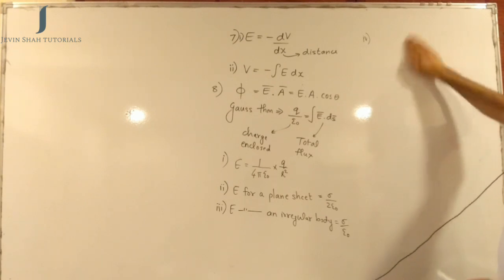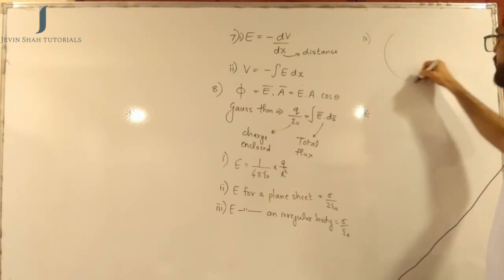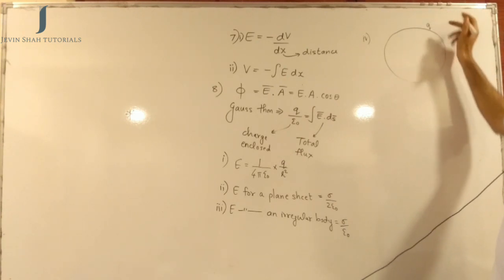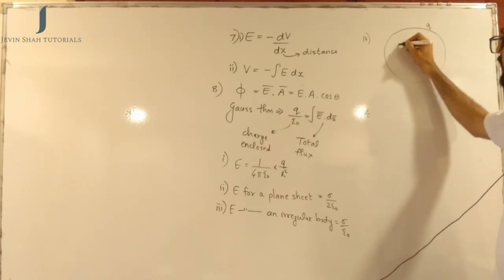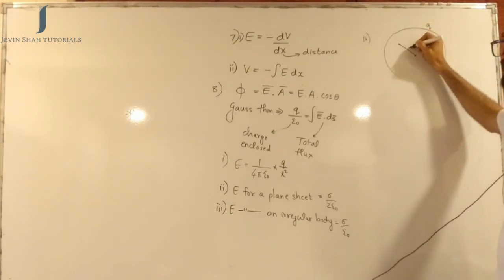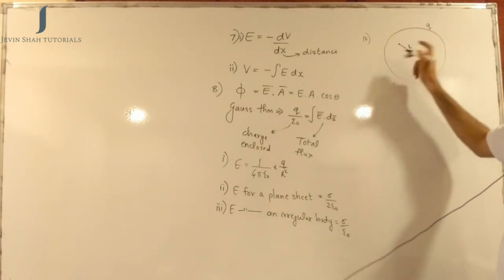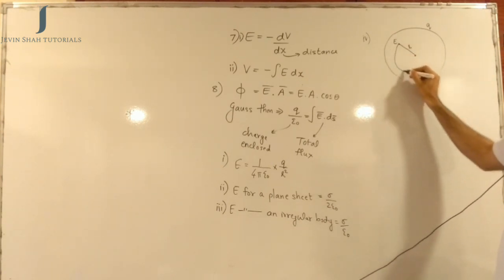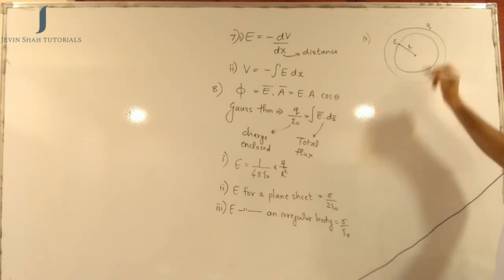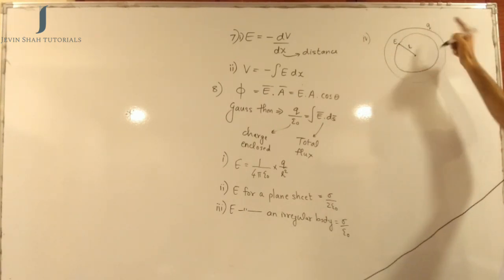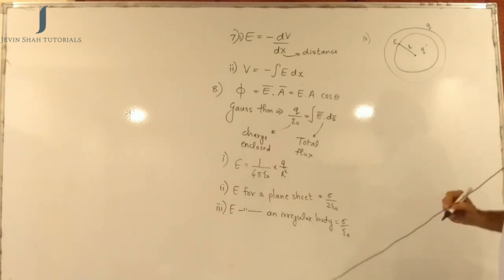So let's take a bigger sphere now, so that I can show that point in a clearer way. The charge q is distributed in the entire sphere, and I am taking a point over here. This is the center of the sphere. The point is at a distance of r inside the sphere, and I want the electric field intensity at this point. So we are again drawing our Gaussian sphere, and now the charge enclosed by the Gaussian sphere is not the entire charge q. Let's call the charge enclosed as q dash.